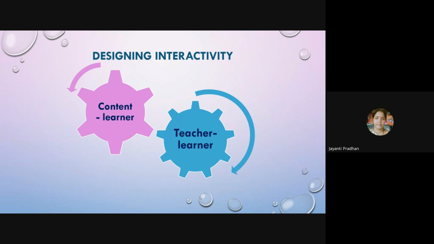So the content must be prepared in such a way that the learner will find it easy to interact with the content. They will not find any difficulty when they use the resource. Suppose now you have this course material with you. This is a self-learning package. We are just giving a brief idea about the contents, about the different blocks or the different units in there